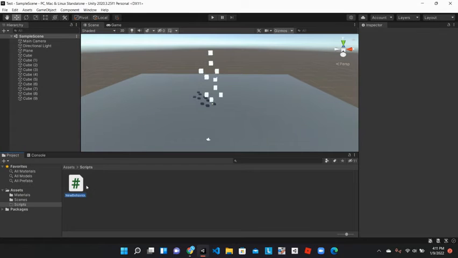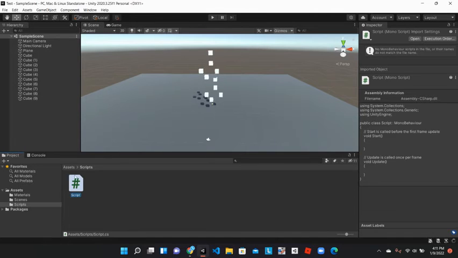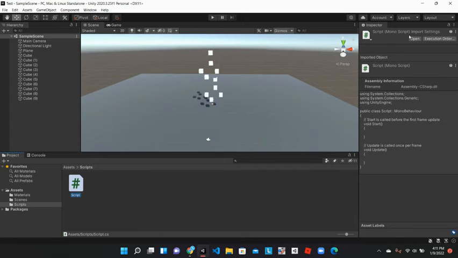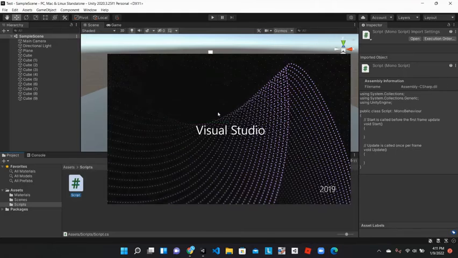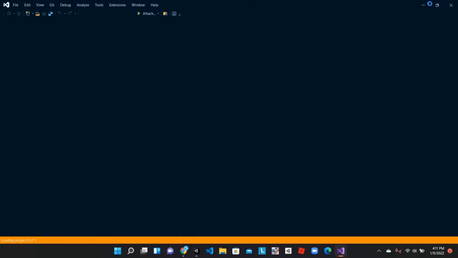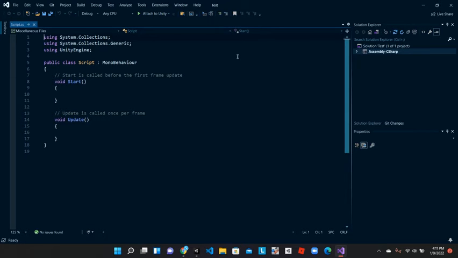So here I clicked create C# script, and I'm gonna call it just script because I'm not gonna put anything in it. I'm just gonna explain what the main stuff is. So this is a C# script, and C# is the language that Unity uses. If you double click on this, you'll probably have to set it up, but I have it set up so it'll open Visual Studio, which is what I use. And then there's all this stuff, and you can edit all this. It says script MonoBehaviour. So this is the script,